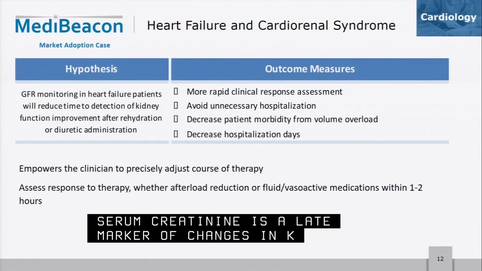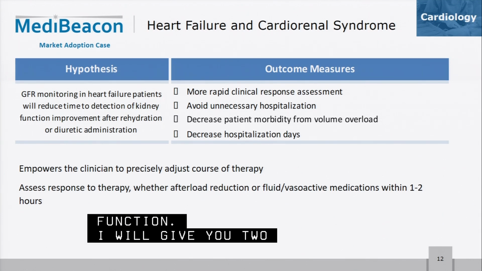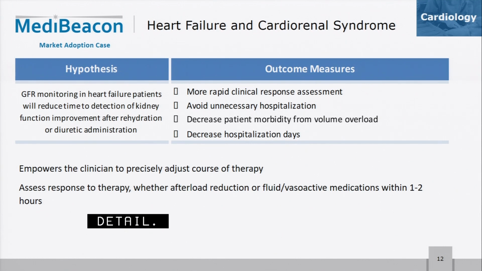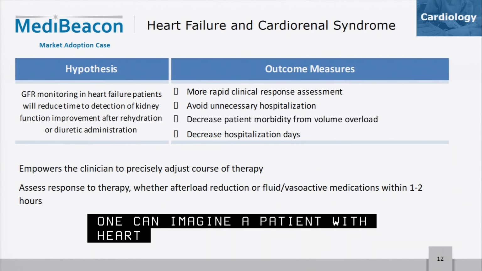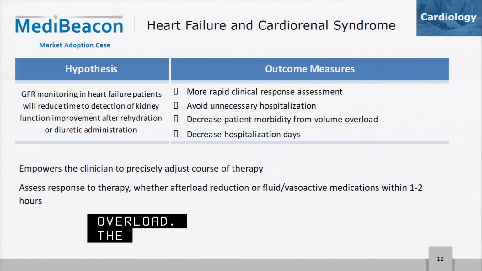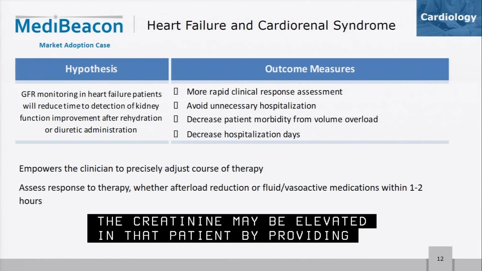I'm going to give you two different potential use cases in more detail. One can imagine a patient with heart failure and fluid overload and cardiorenal syndrome. A creatinine may be elevated in that patient. By providing MB102 and getting a real-time GFR monitor and assessment that can be assessed longitudinally, we can use this